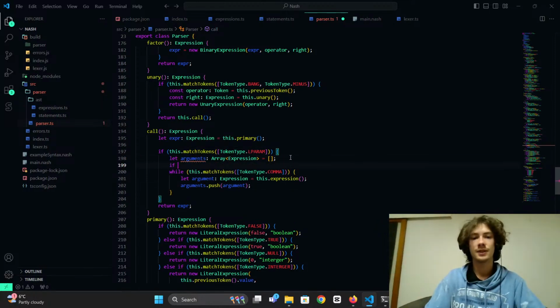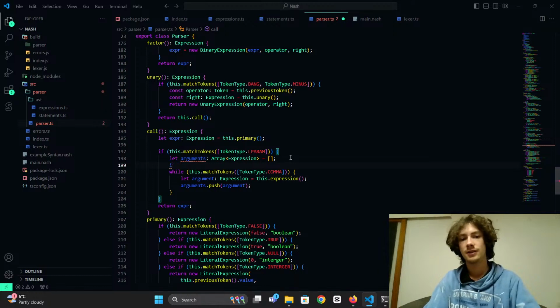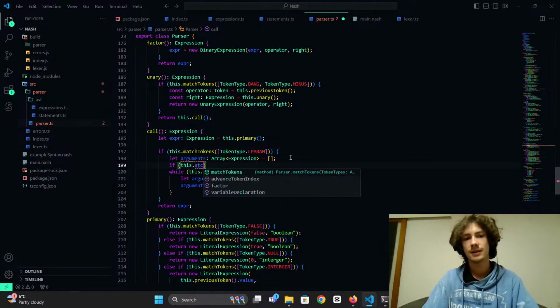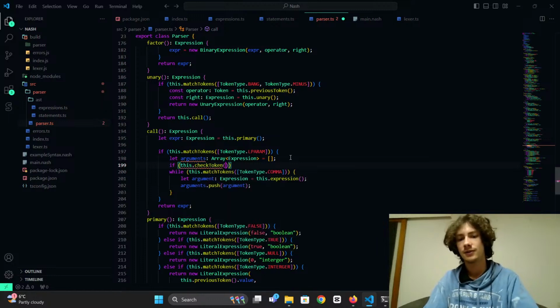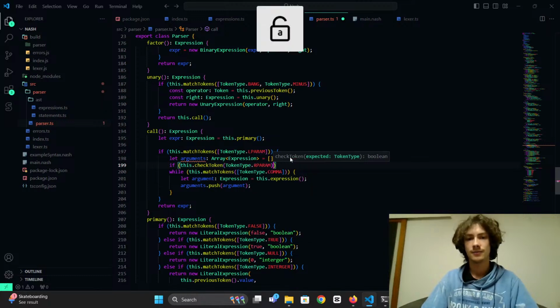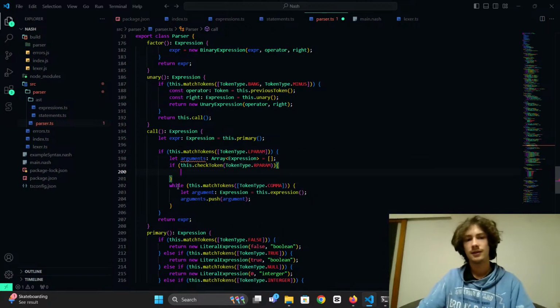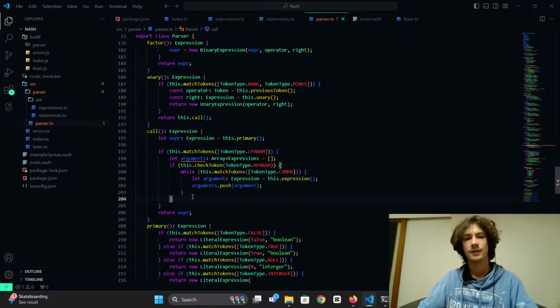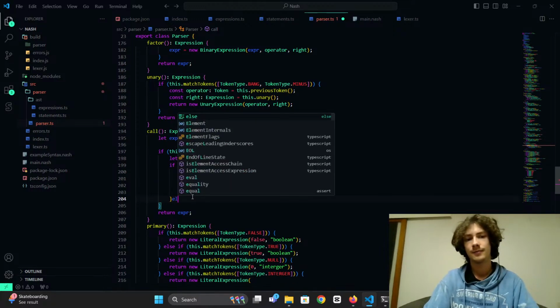Okay, so this is something I didn't think of. Function calls can also just be function and that. So we got this dot match, check token type right paren, and then we do that, and then